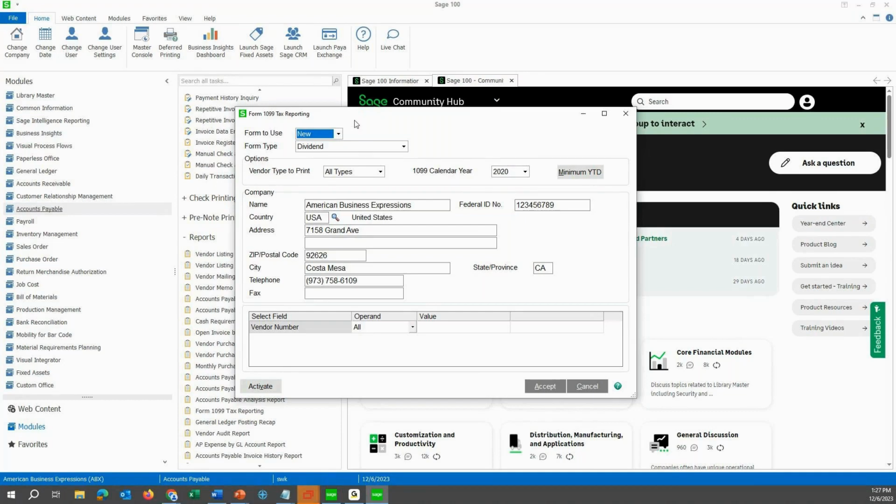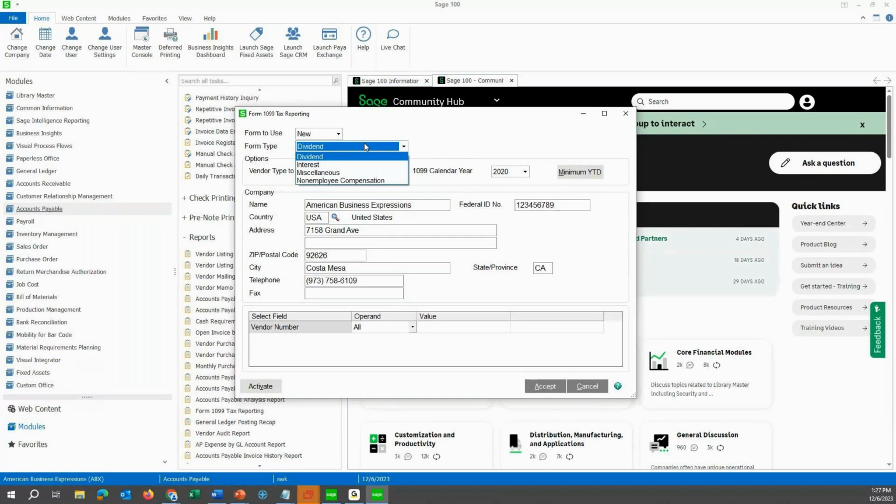If it opens like this, like mine does, then you'll know that you have that installed on your workstation and you're good to go. So with 1099s, we could print multiple kinds of reporting here. You can choose the form type that you're printing. If you have dividend, interest, miscellaneous, you'll run through this. Let's say you had all 4 kinds of 1099s. You're going to run through this process 4 times to print 4 separate reports